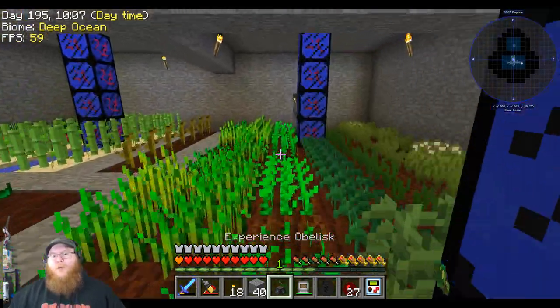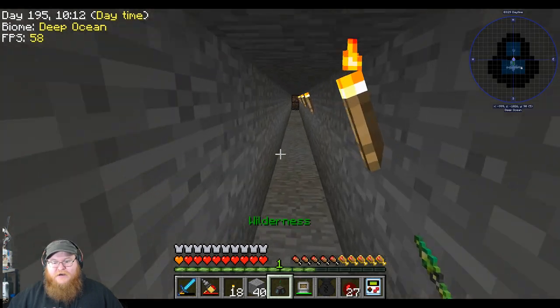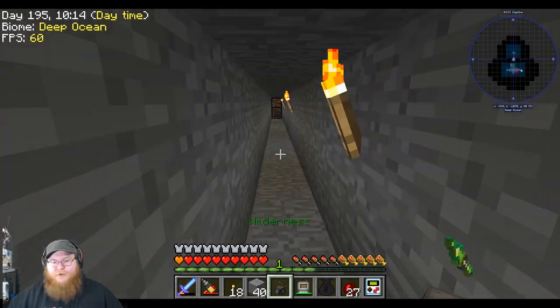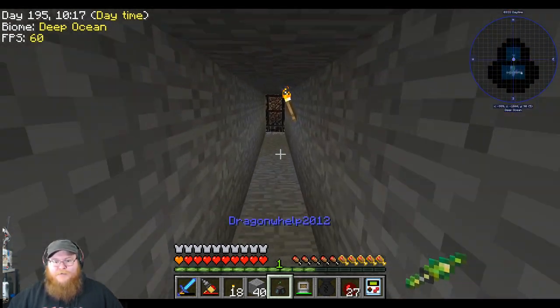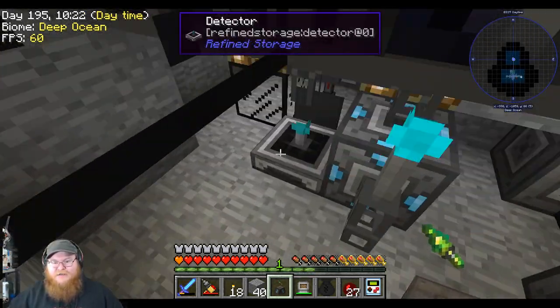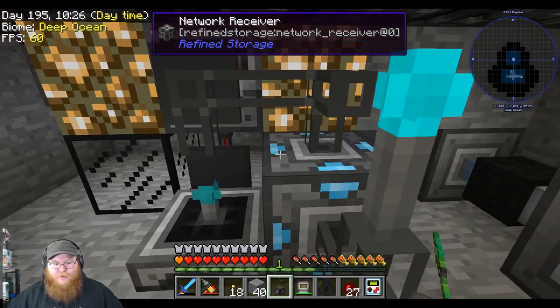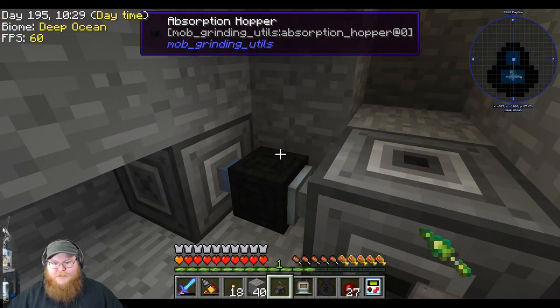So that way we don't waste any of the experience that's being inputted into the system. This guy can hold a ton of experience, not that it would be any detriment to us. But yeah, we'll work on that like that. We'll put this guy,